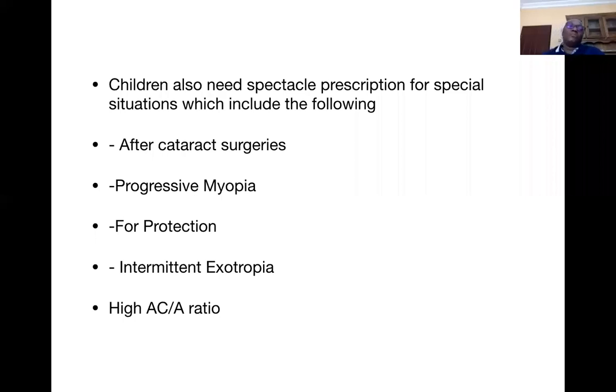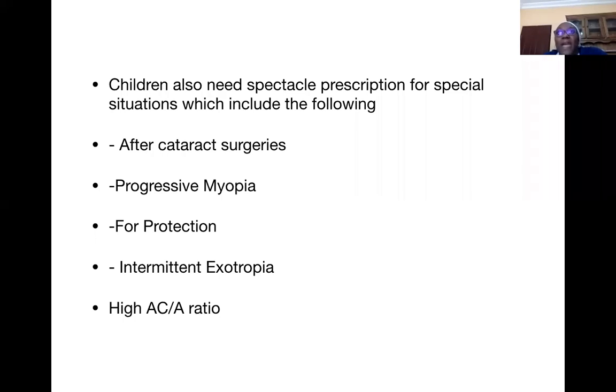Then also, it's not only for refractive errors. There are certain conditions, not just refractive errors like hypermetropia and astigmatism, where children need glasses, although those are the commonest we see. But children after cataract surgeries, whether they're aphakic or pseudophakic, will need some form of prescription, especially if they're aphakic and it's bilateral. Those that have progressive myopia, and sometimes even spectacles can be used for protection,